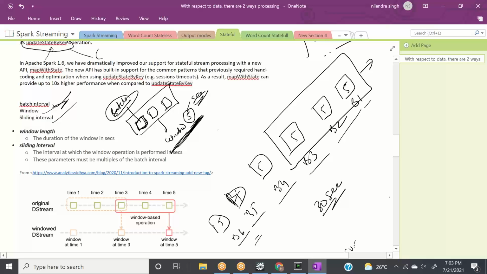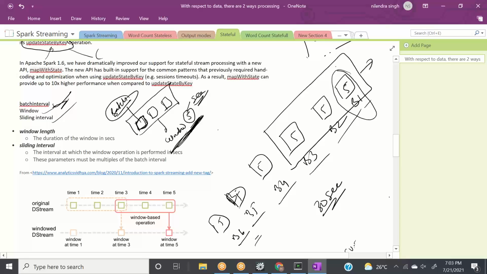Now the window is done. Let's say we want to slide this window every 5 seconds. It means the oldest RDD, the oldest block or oldest batch, should move out of the window, and the new batch should become part of the window.